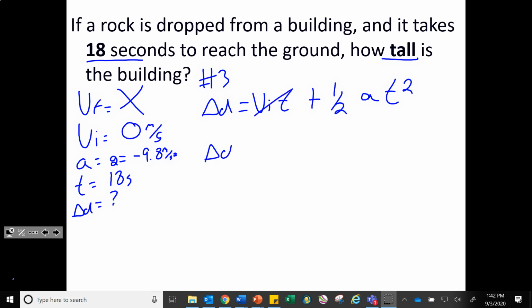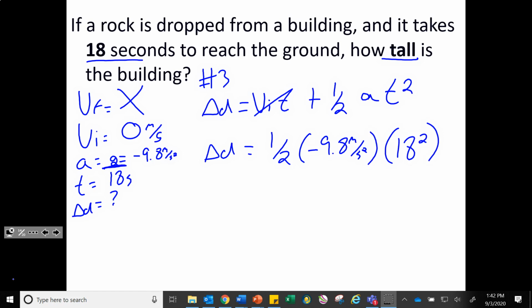We set it up: delta D is equal to 1/2 times A. Remember, A is equal to g, and g is negative 9.8 meters per second squared, times time, which is 18 seconds squared. Solving all of that out, we get delta D is equal to negative